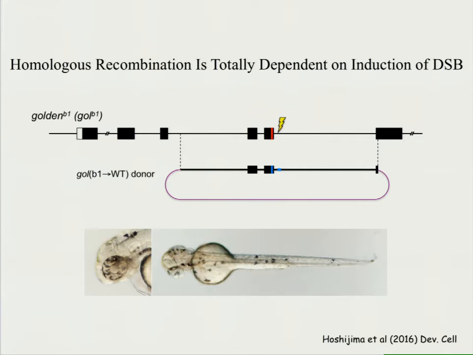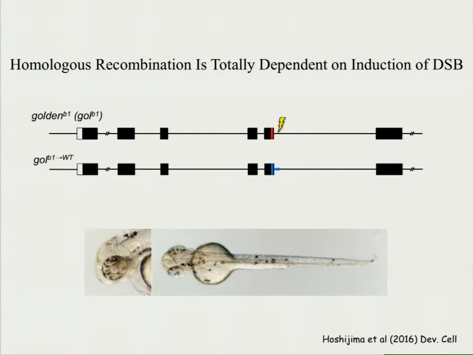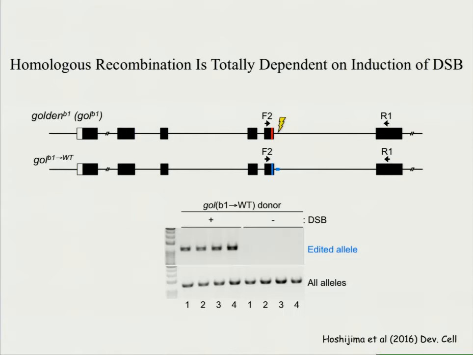This recombination was also confirmed by genomic PCR with a primer specific for the recombinant allele, and also compared with the control allele that amplifies from all alleles. As shown here, among the donor-injected embryos,